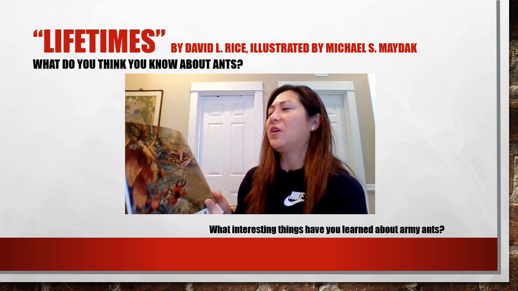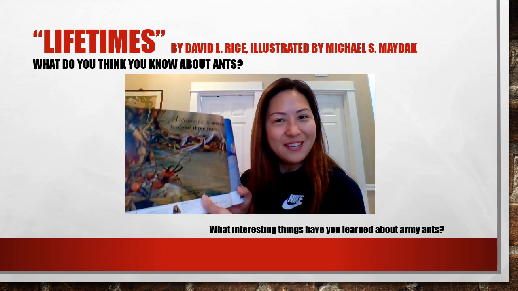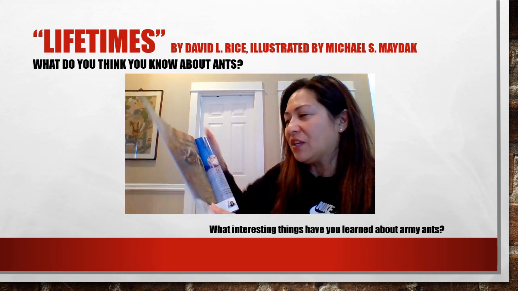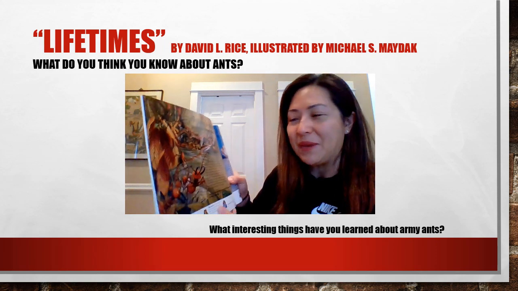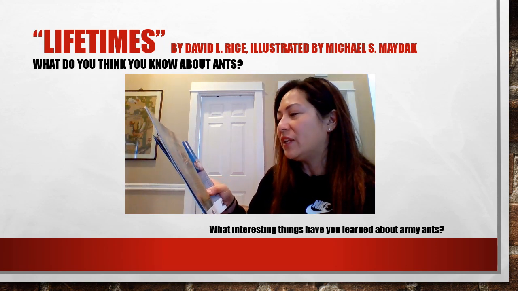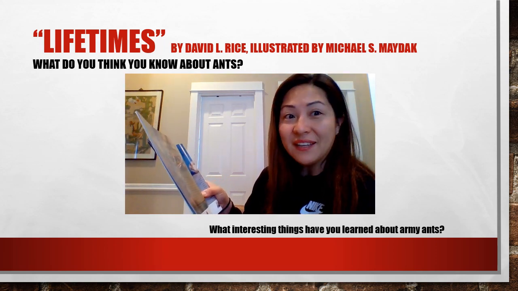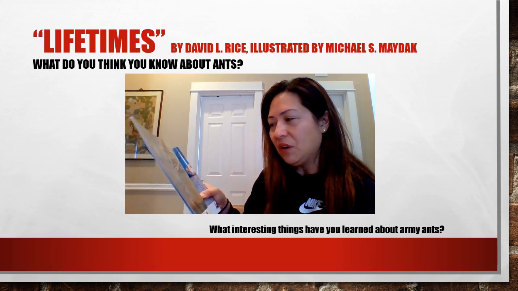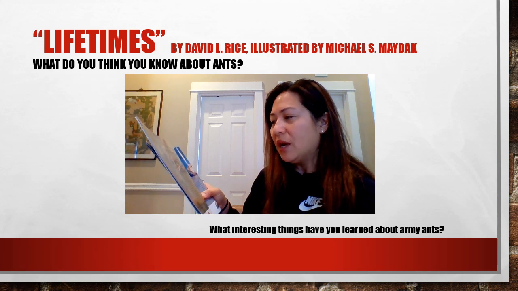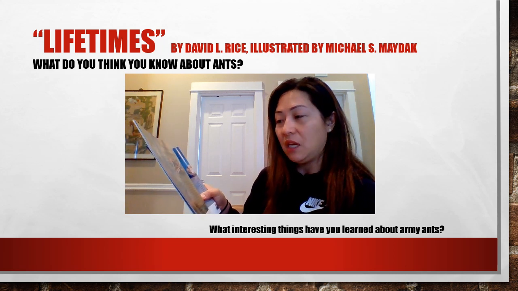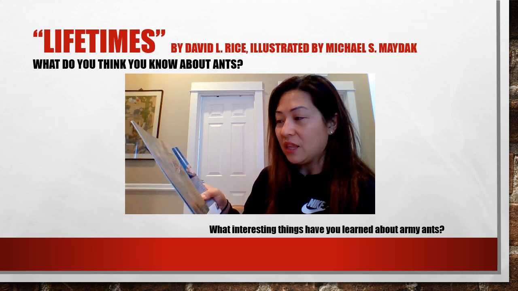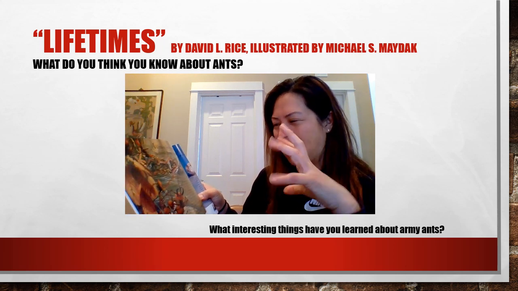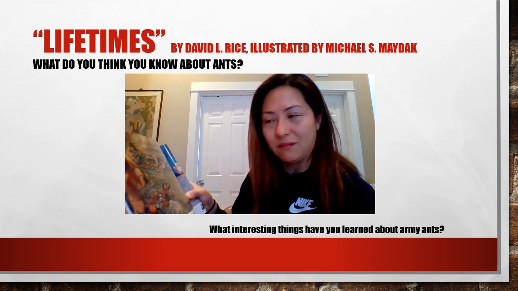A lifetime for an army ant is about 3 years. Army ants are famous for their ability to work together to accomplish amazing things. They march along like soldiers, sometimes a million at a time. Nothing can stop them. When they come to a river, they make an ant bridge of themselves to get across. If the river is very wide, they form large ant balls, and float to the other side.